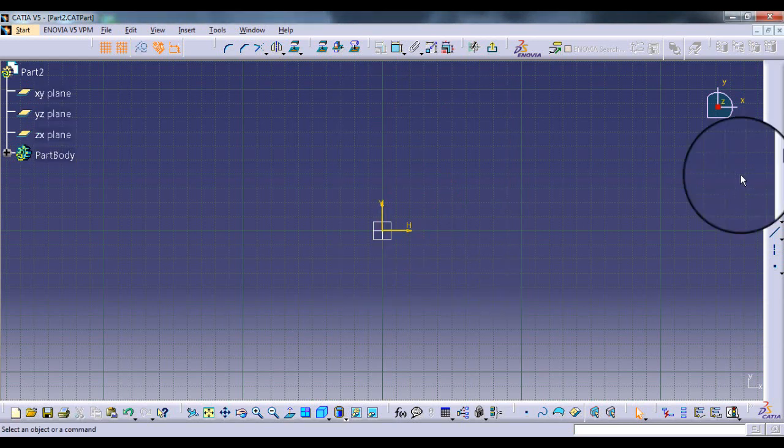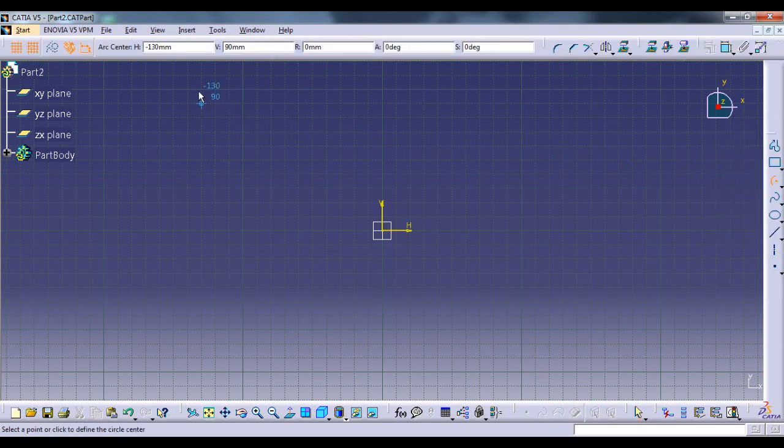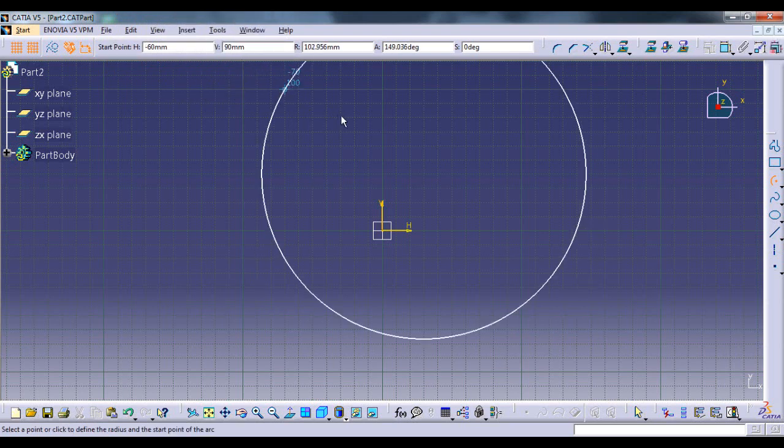There is another method to do this. We just need to click on this arc, and then we need to enter the coordinates of the center as 30, 40. So we will enter the horizontal distance as 30 mm. We will enter the vertical distance as 40 mm, and then we will press the enter key.